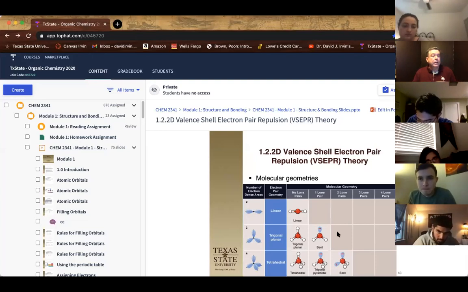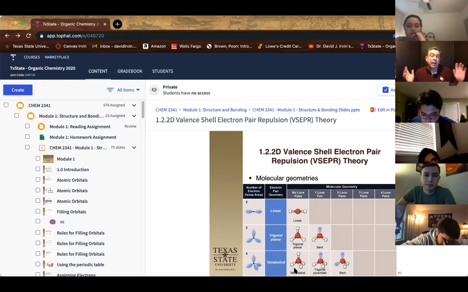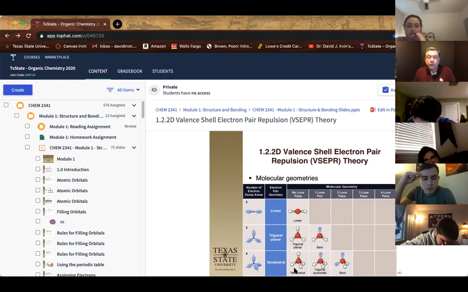Okay. All right, so it's a little smaller than it was before, but now that we have 4 electronic domains, we have options for having the electronic domains be bonds to other atoms or lone pairs. So if we have 4 bonds, those are going to be spread out as far as possible, giving us about 109.5 degrees. And we call that the tetrahedral molecular geometry. So it's the same as the electronic geometry, but now it's the molecular geometry. If we only have 3 things bonded to it and 1